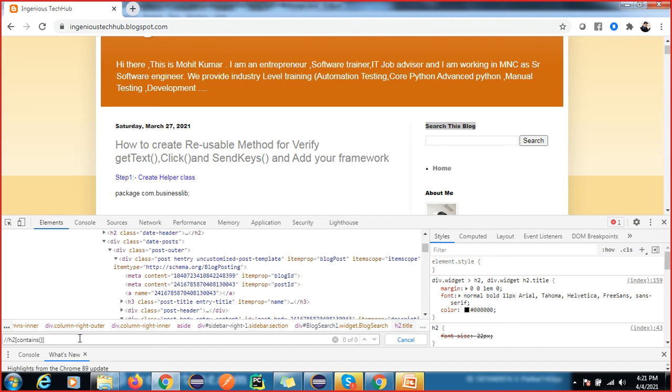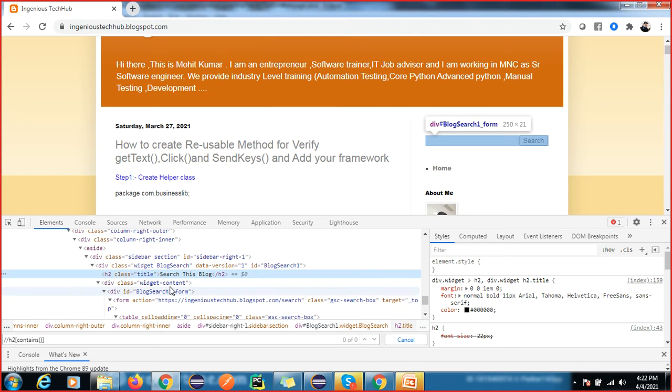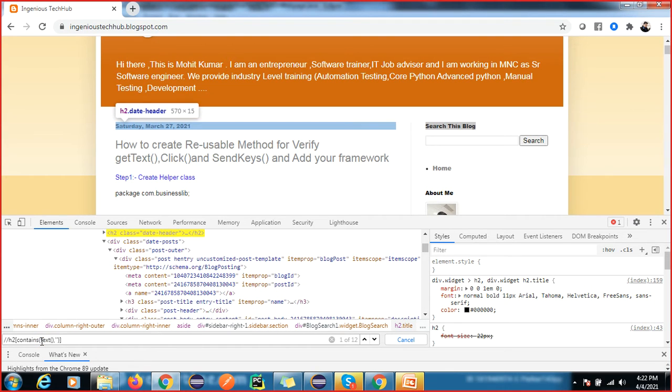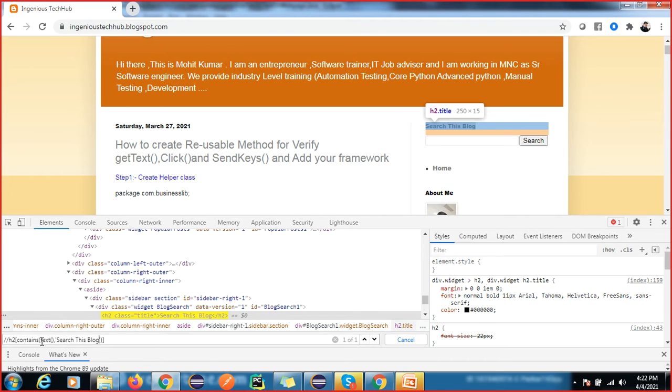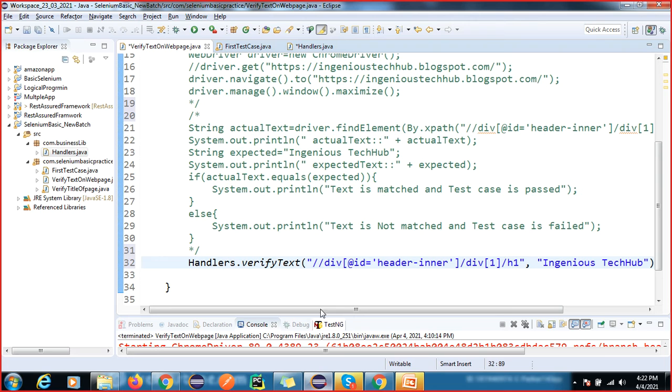So let me check, title. Okay, so contains text, and this one. Okay, so this is the one node. I have to validate another one.